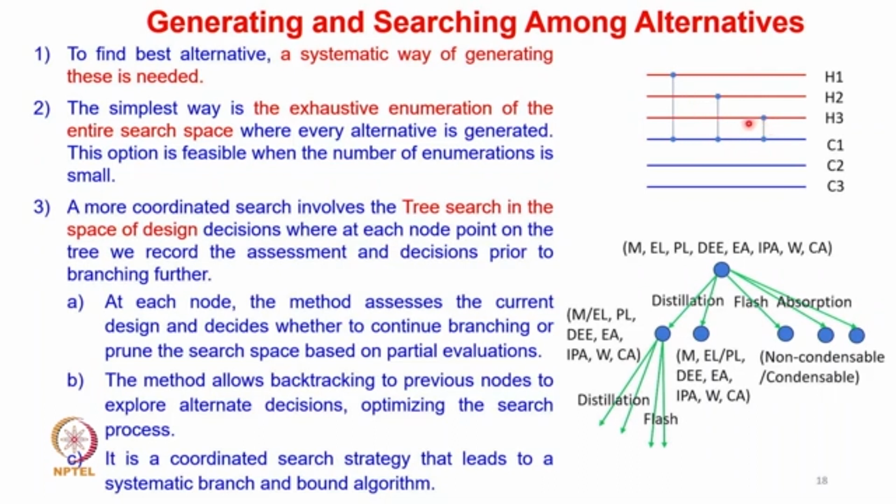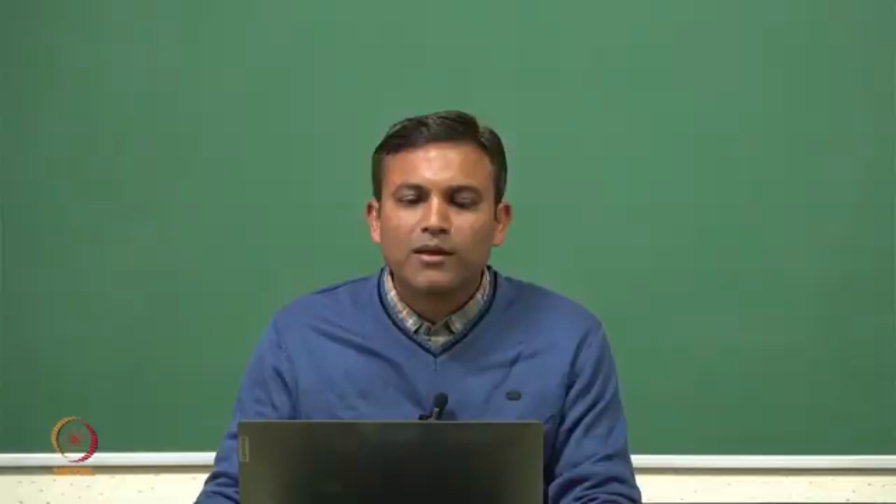Also, the flow of these streams can be co-current and counter current. So all such enumerations one can check in the exhaustive enumeration, and based on that finally the best flow sheet can be selected. So clearly this particular methodology is extremely time consuming and can be performed only if the number